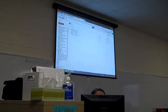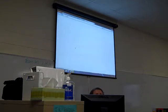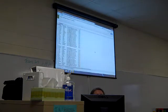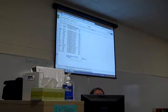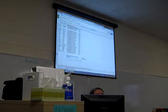I've got to find my right page here. Recent. There it is. You have to keep my links somewhere I can find them. This is what they call G-class folders, and the whole purpose of it is that it's based on Google Docs, and in a spreadsheet, you put the student's first name, last name, their email, and the class that you have them in. And it's in a spreadsheet like this, and once you've added this piece, they call it a script,